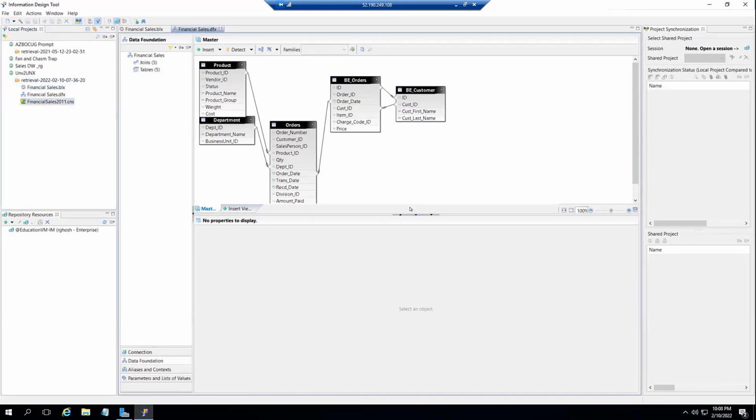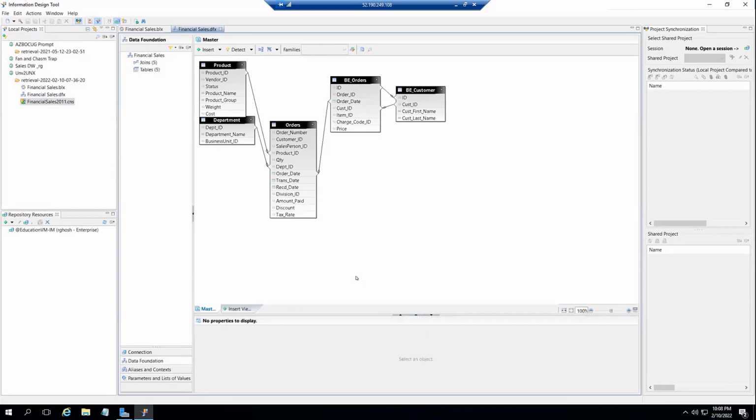So the data foundation layer is basically your tables and views that you bring in from your database. And you create the joins just like you did in the UNV world, but then that's its own element, to say.